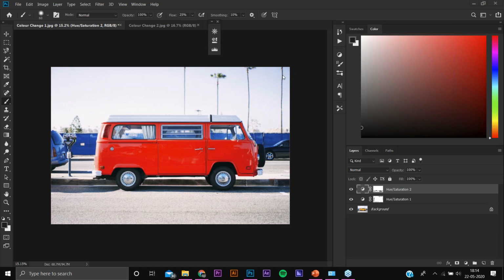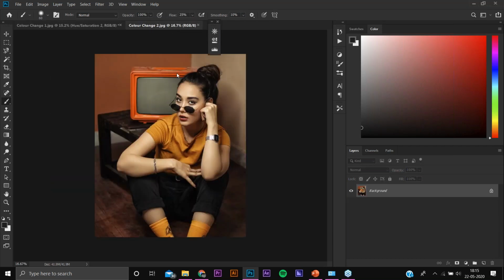Okay. Now basically, which I wanted to tell you, is in the next one. That is why I have selected the second photo. Now I will be showing you why we can't change the white color, because white color never has any hue or saturation.